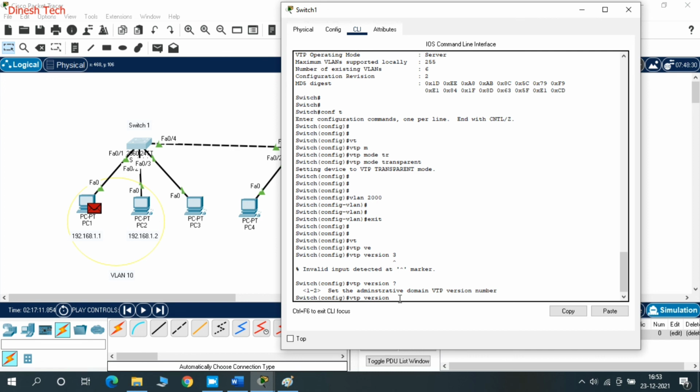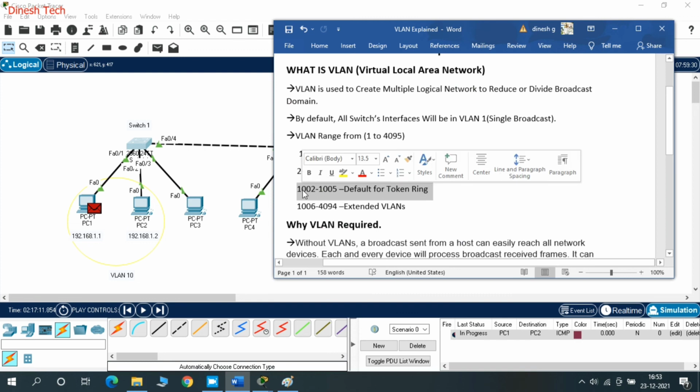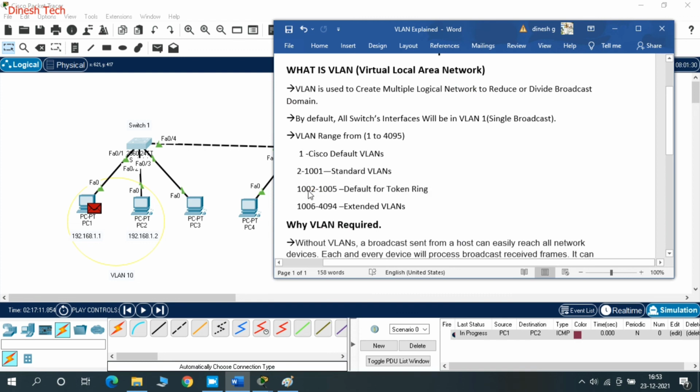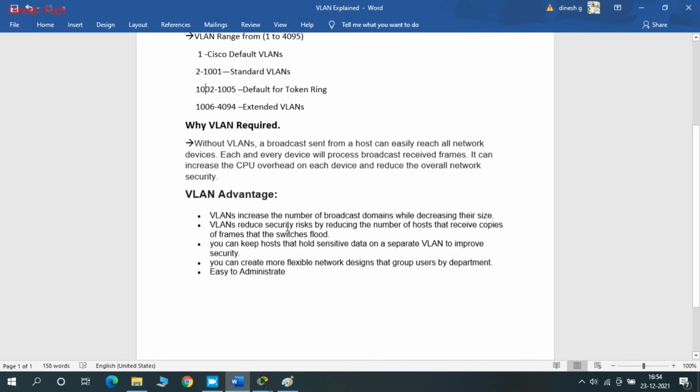Some advanced switches will support VTP version 3. Okay, now we got a clear understanding of standard and extended VLANs. And finally, 1002 to 1005 are used by default for token ring purposes. Yeah, that's it. We have completed the VLAN topic with theory and practical.